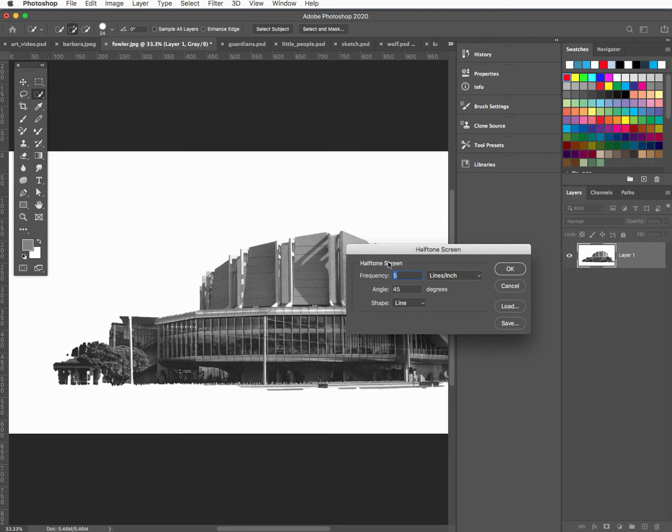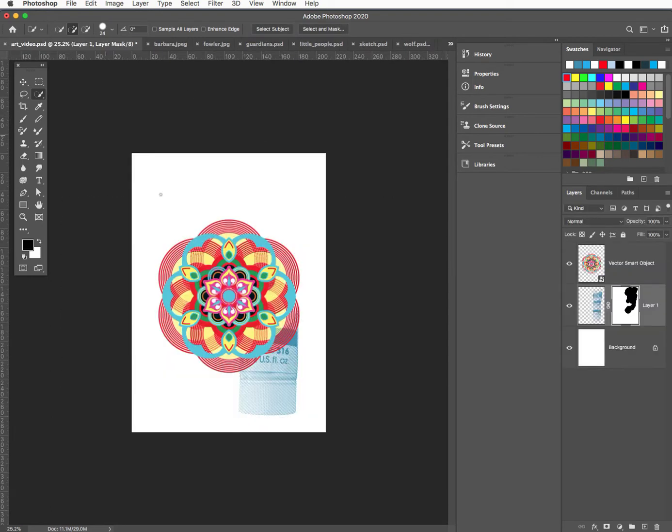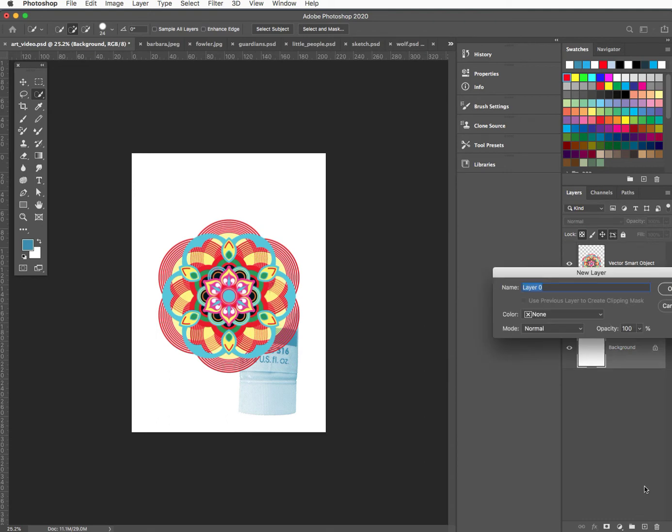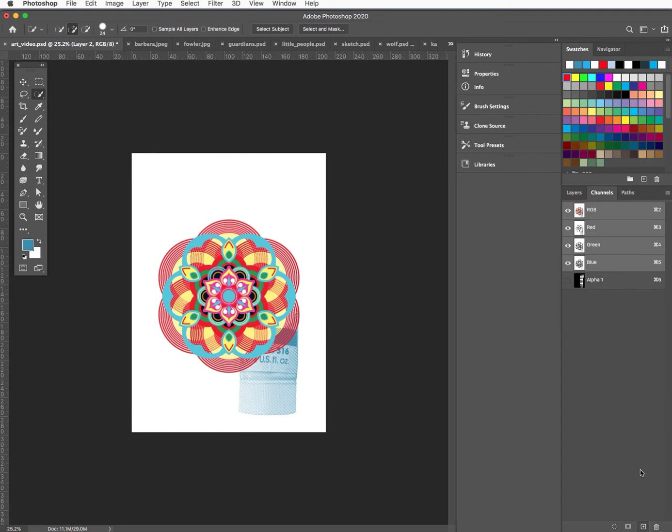I'm going to leave it on 45. I'll leave it on 5 as well. There we go. So I'll go Command A for Select All, and I'll Command C, copy it, come back to my main image. I'll make a new layer down here. I'll put it above the acrylic paint, and I'm just going to paste, or actually I need to go into the channels, new channel,